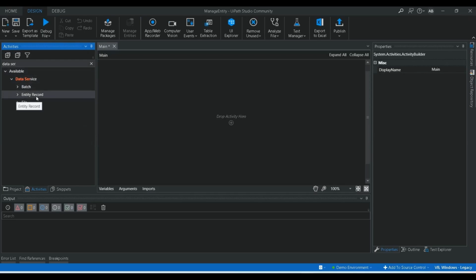Okay, so in the part 1 video we already explored the activities under the entity record tab, and I explained all these things through a demo. So what is create entity record, delete entity, get entity, query entity, update entity, all these 5 activities we covered in the first video. So in this video we are going to understand about the file activities.